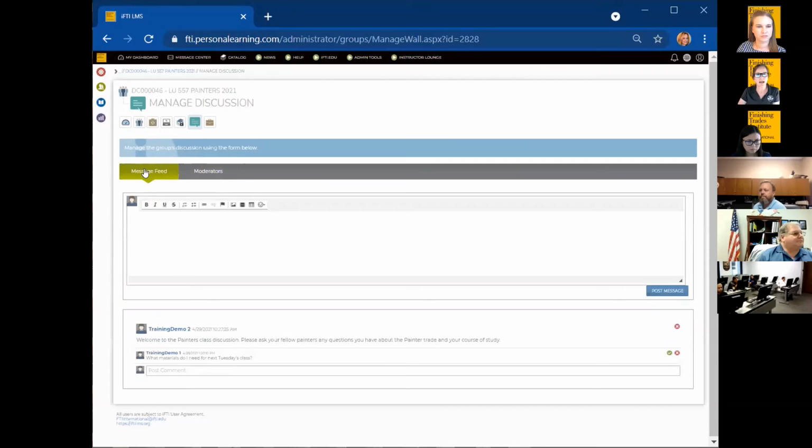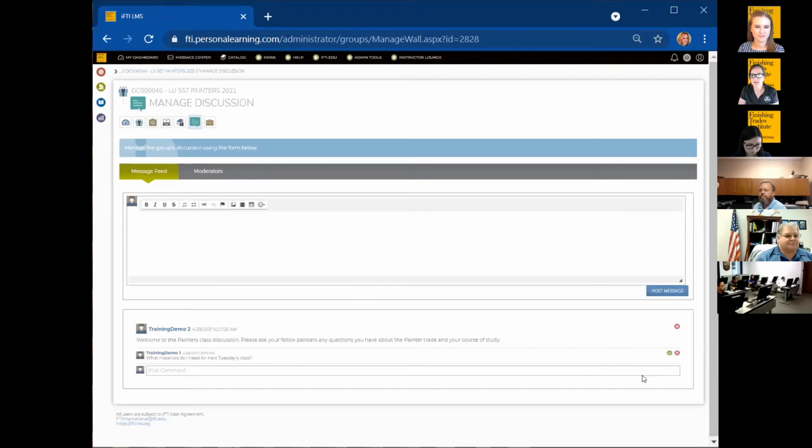And then when that happens, say for instance, this moderator sends out a welcome message and this student, who's called Training Demo 1, sent a question. And because it's moderated, the moderator reviews that question here through the group, and then we'll have to agree or approve by clicking the green arrow here.